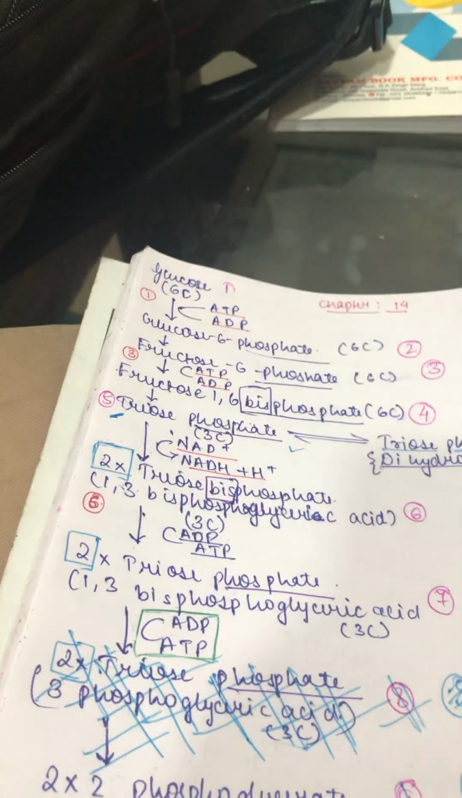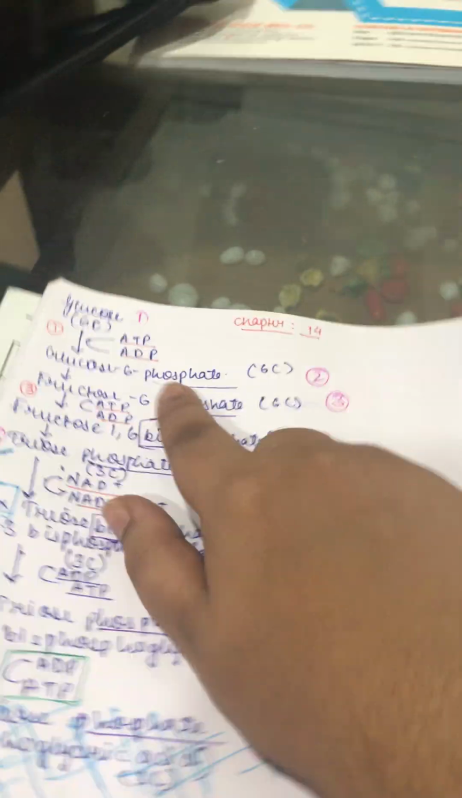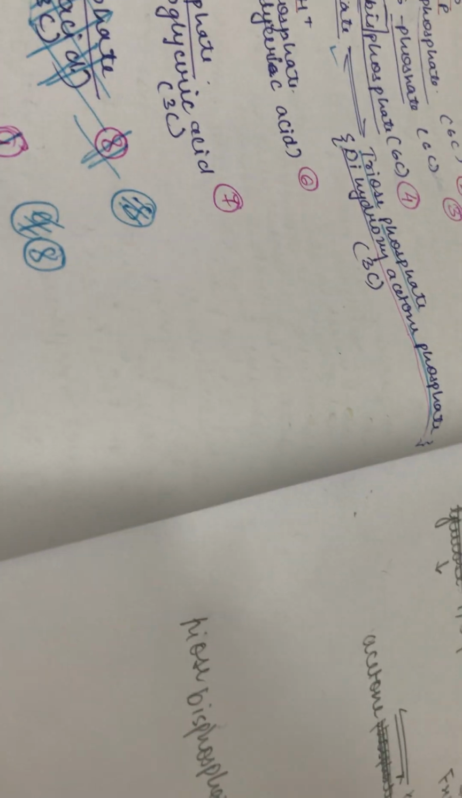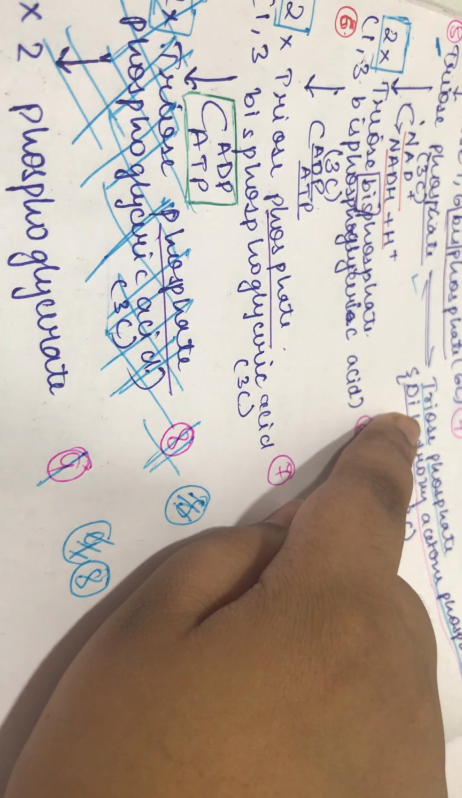The first step was okay. Then glucose, then glucose 6 phosphate. Then here also comes glucose 6 phosphate, fructose 6 phosphate, fructose 6 phosphate, fructose 1,6 bisphosphate, fructose 1,6 bisphosphate. Then triose